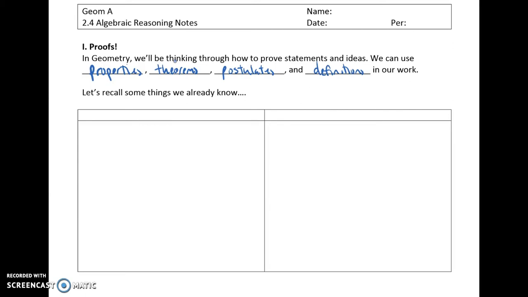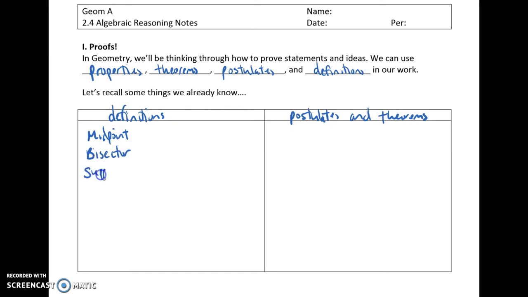Okay, let's just recall some things that you already know. So let's talk about some definitions and some postulates and theorems. So I want you to see that we've actually already gone over a lot of things that you can use in your proofs. So for example, we talked about the definition of midpoint, the definition of a bisector, the definition